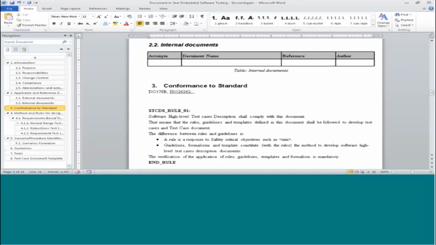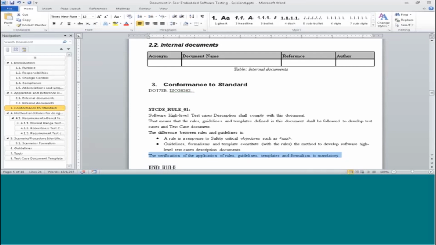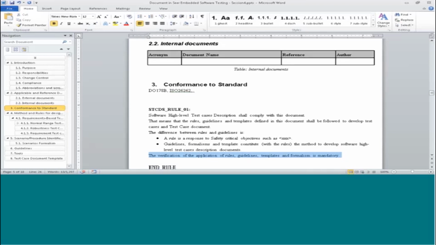The verification of the application of rules, guidelines, templates, and formally mandatory. That means once the test cases or procedures test execution is done, that needs to be verified against this document. That's what the rule says. This itself is a one rule, which is as part of the